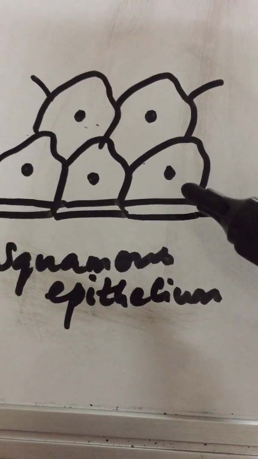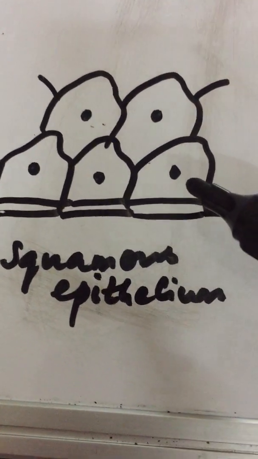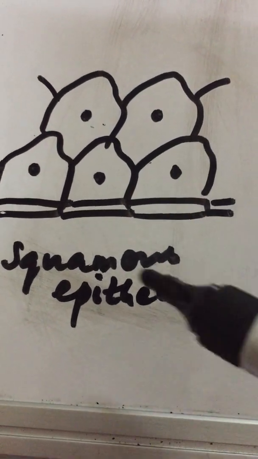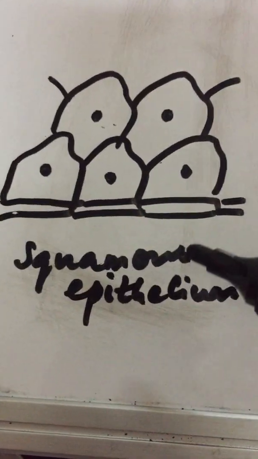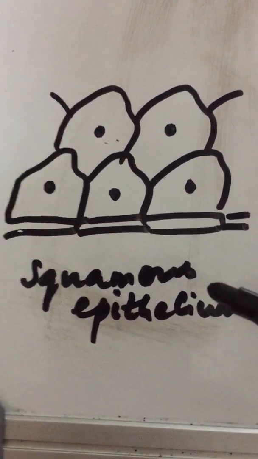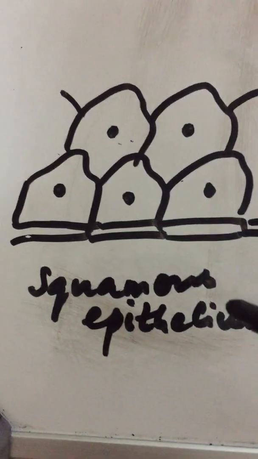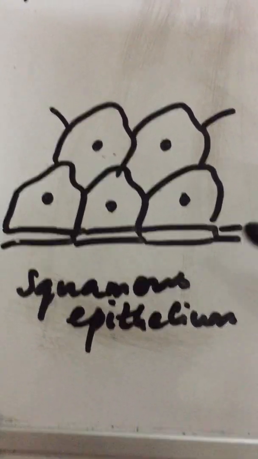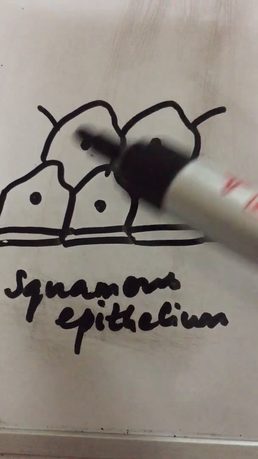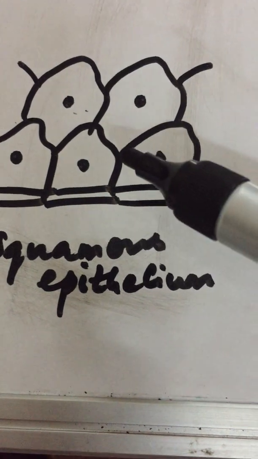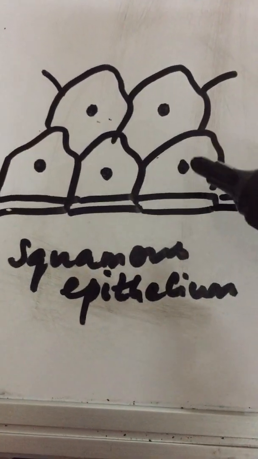or on the inner side of the cheek, even in the lining of the nasal cavity and lining the blood vessels. That is the location. Function is it protects the inner lying parts from any mechanical injury or entry of germs. So for every tissue, learn the structure, location and function. Structure is composed of flat plate-like cells, somewhat polygonal in nature with a prominent nucleus.